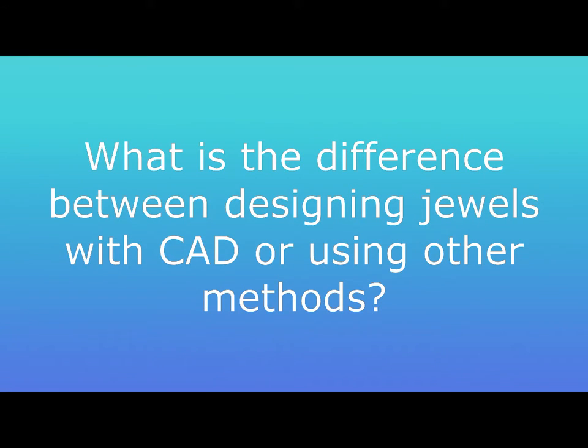It created a new business for me in terms of working with people outside of the fine jewelry world. And I just like the prospect of having the ability to create anything. It's like having a machine shop in your computer. Because when you work in CAD, then you can create a rendering so you can see what your piece would